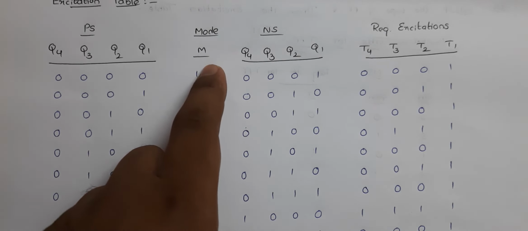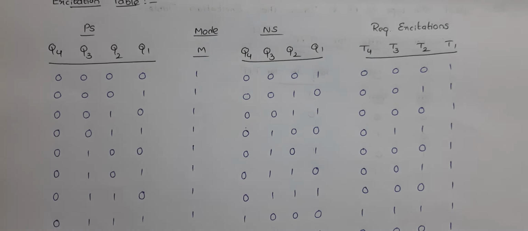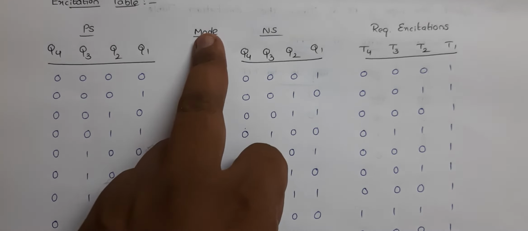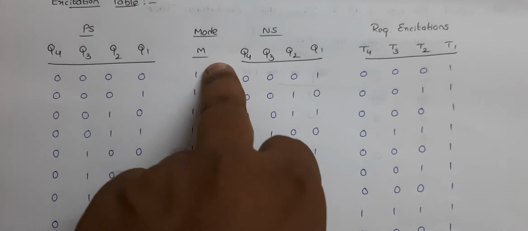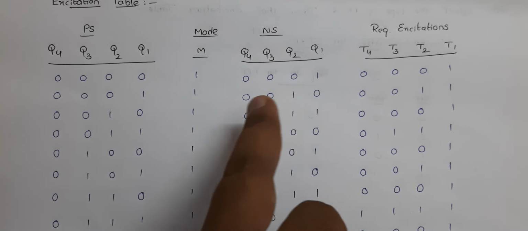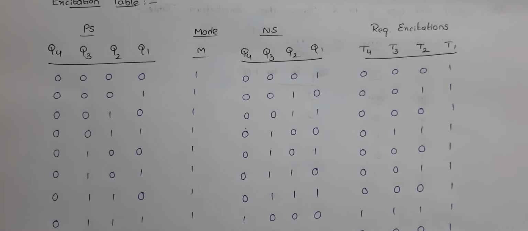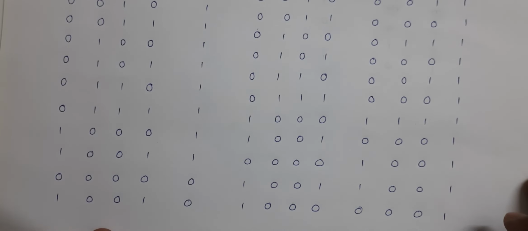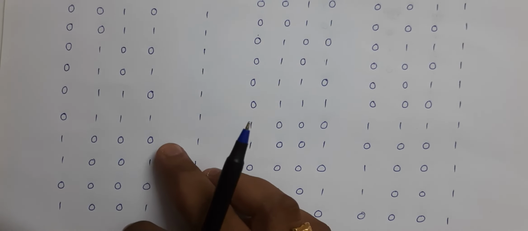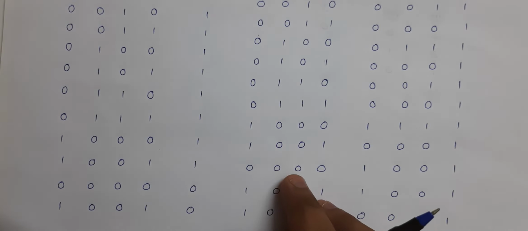Why? Because if we do not mention the mode signal, we cannot identify in which mode the up down counter is, either up counting sequence or down counting sequence. To control the operation of the up down counter, we consider some control signal, so that's why we consider the mode signal here. Okay, so for 0 0 0 0 and my mode signal is 1, the next state outputs are 0 0 0 1. Okay, and 1 to 2, 2 to 3, 3 to 4, and like that and so on. See here, up to 8 to 9. Okay, and then after 9 it immediately returns to 0 only.